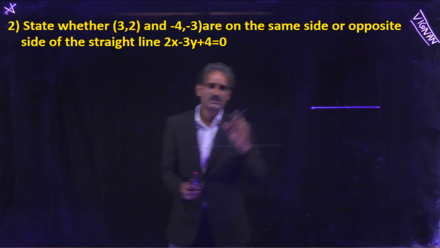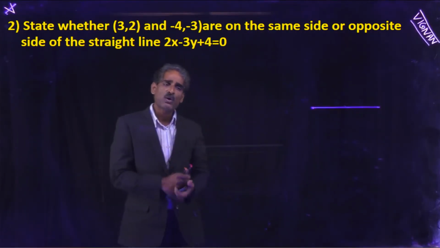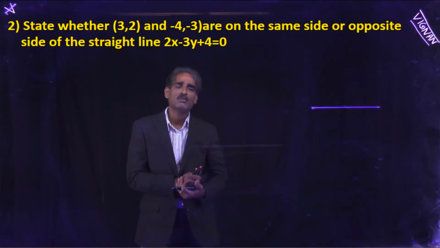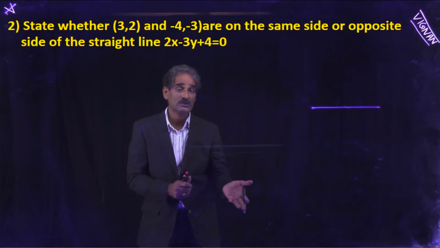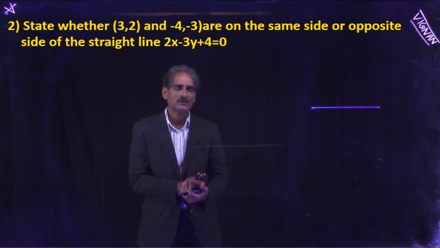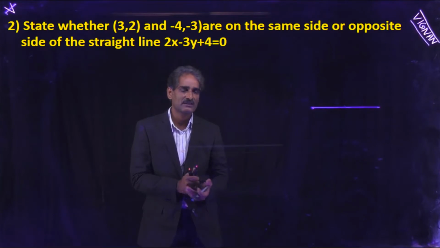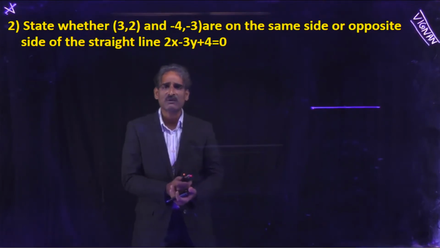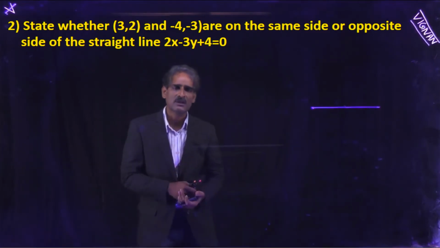Okay. Now see one more example on this. State whether the 2 points are on the same side or opposite sides. Just we have to find out the positions of the points. So we already discussed this concept. There are 2 methods to find the positions of the points. By using the ratio: if the ratio is positive, they lie on either side. If the ratio is negative, same side. Otherwise, just directly find out L11 and L22. If both have the same sign, they lie on the same side, otherwise opposite sides.